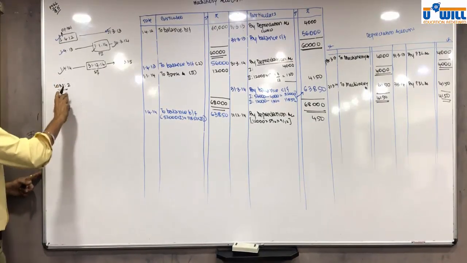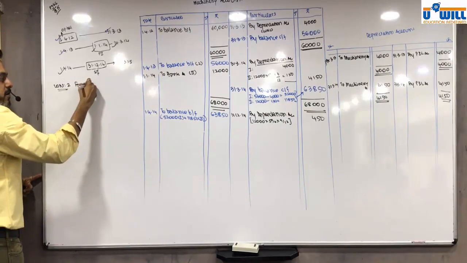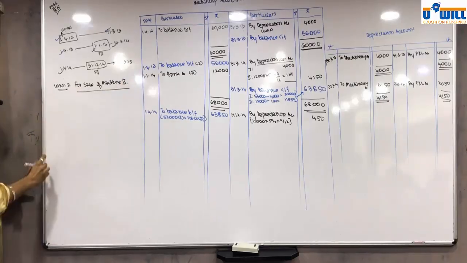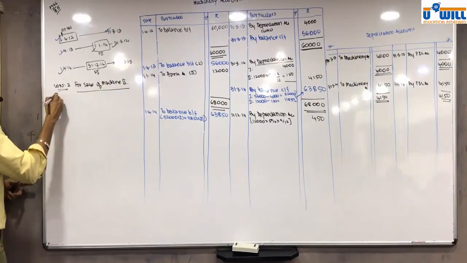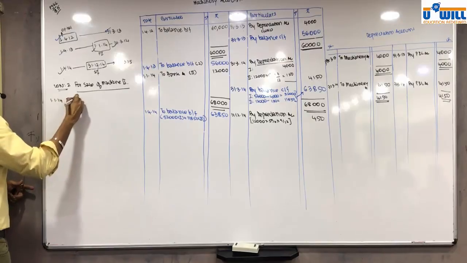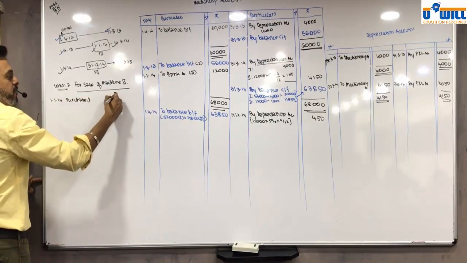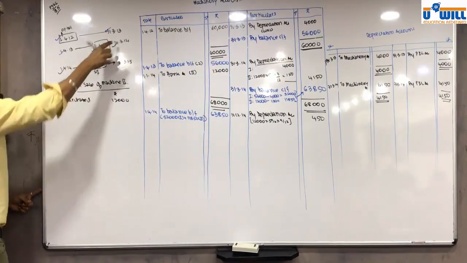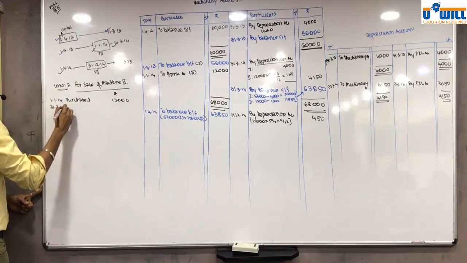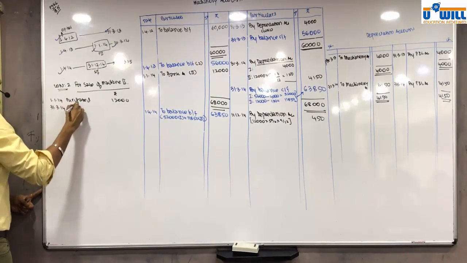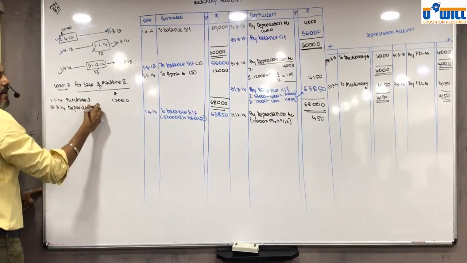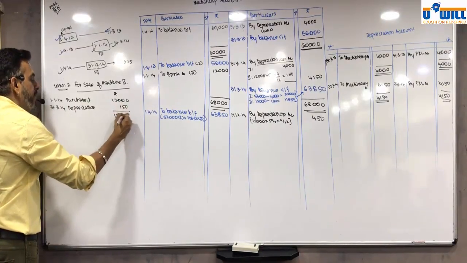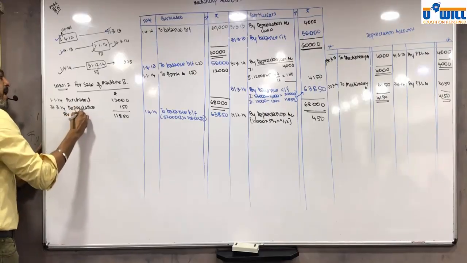Now working note 2 for sale of machine 2. Now over here we start with the time we purchase. So 1/1/14 purchase rupees 12,000. What is the next date after this? 31/3/2014 depreciation. We have already calculated depreciation on machine 2, which is 150. So 11850. This is book value as on